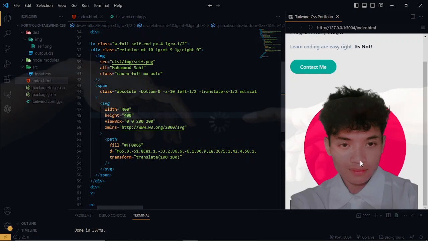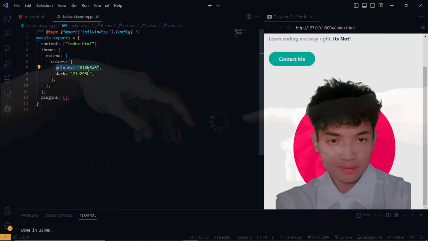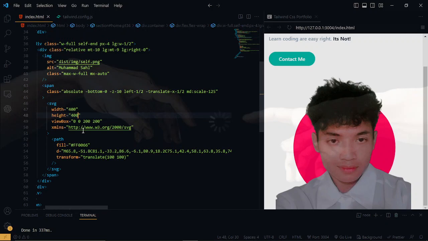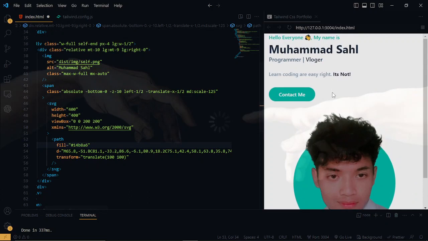And I want to fill this blob with color. I want to change it to our primary color in here. You can just copy this one and paste it in here,